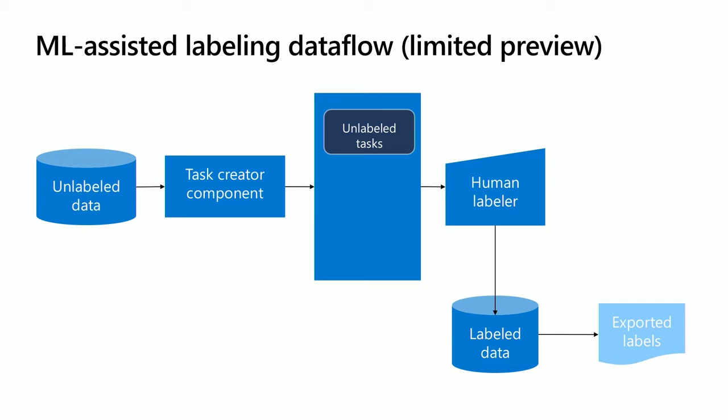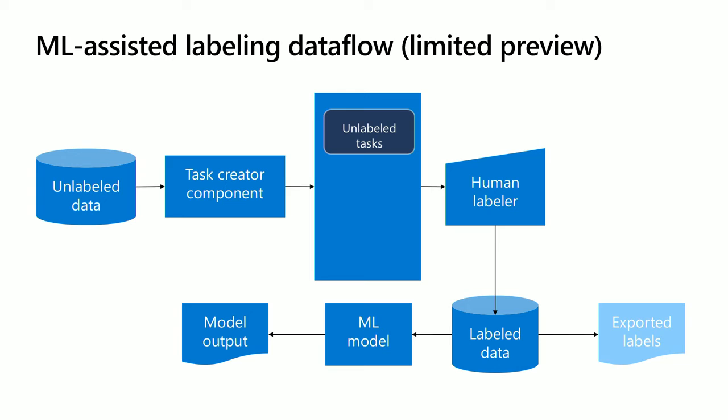We start training a machine learning model in the background. Expectedly, the accuracy of this machine learning model is not going to be very high because it's been trained only on 300 images. Still, we can use the output of this model to do something very interesting. We can cluster the tasks. We start putting similar images together, and we start giving clustered images to the labelers. Now, this avoids the context switching and cognitive load for them, and they can do labeling much faster.